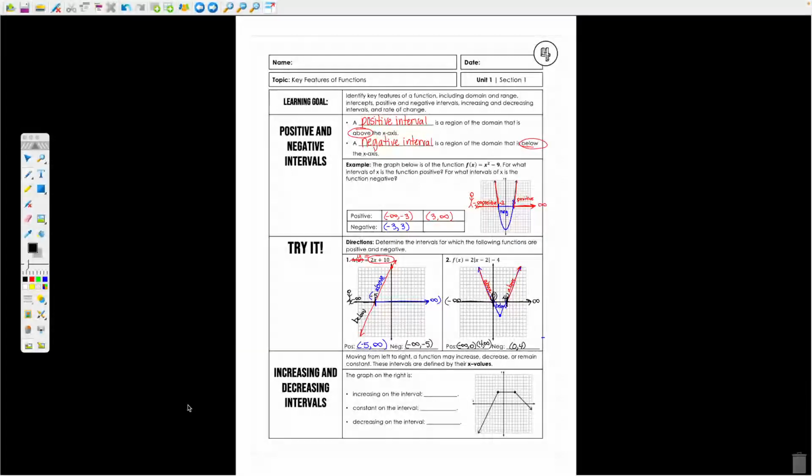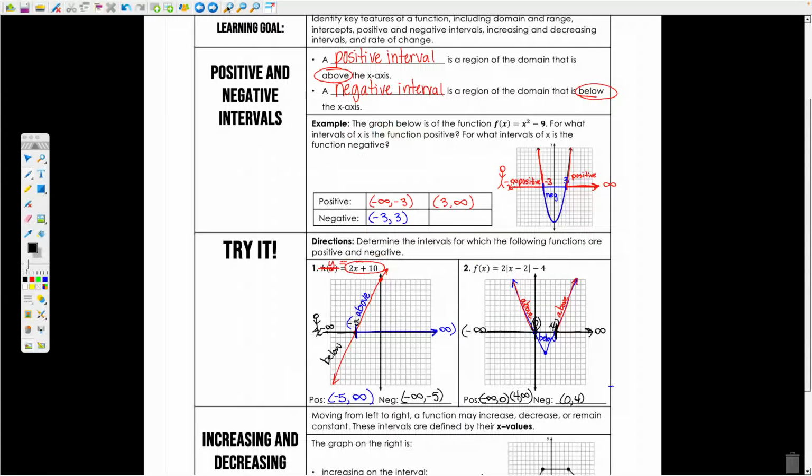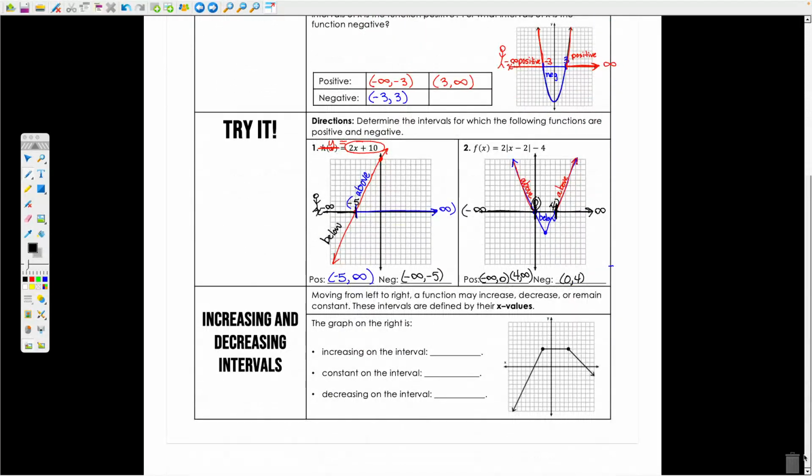On this example at the bottom, it says, moving from left to right, a function may increase, decrease, or remain constant. These are defined by their x values. That just means you're staying on the x-axis. So as you stay on the x-axis, you just look to see what number you are as you stand on the x-axis. You're standing on the x-axis and you're looking to see where is my graph increasing or decreasing or flatlining and